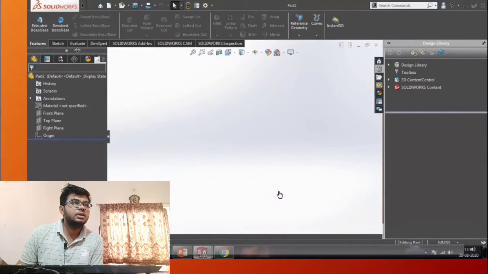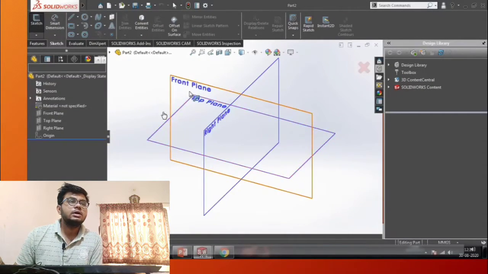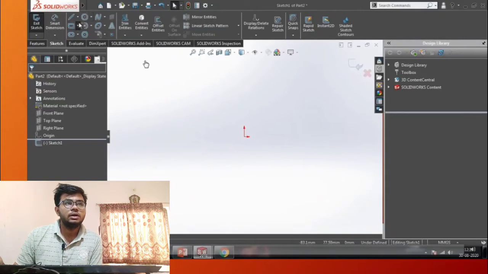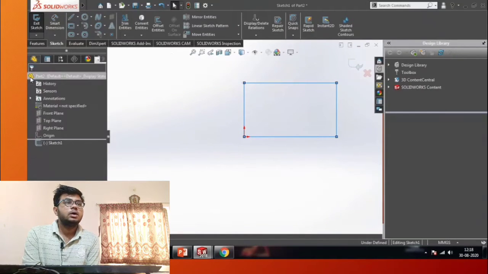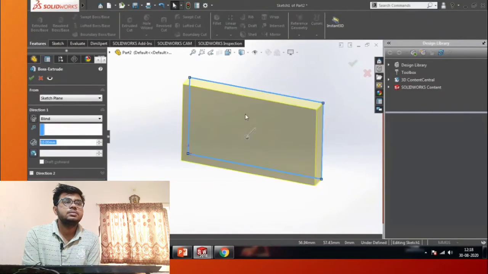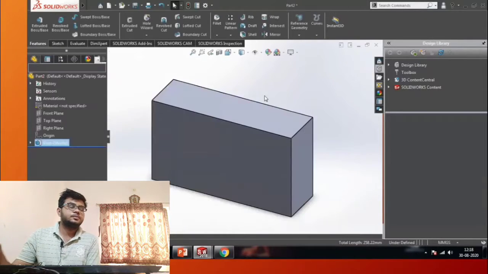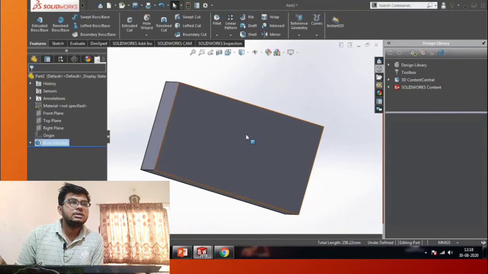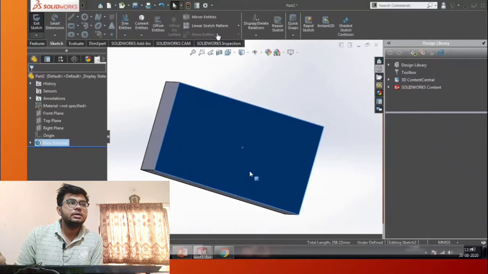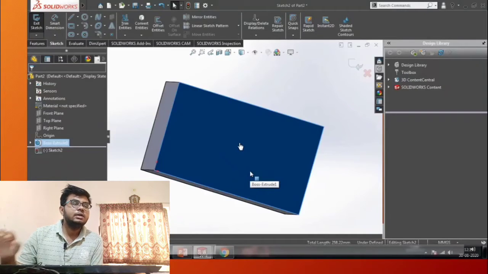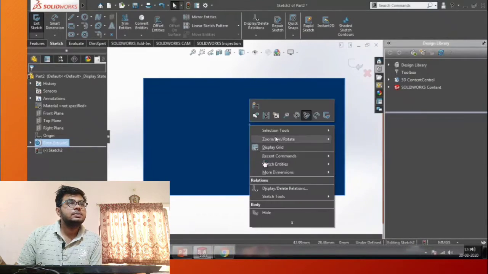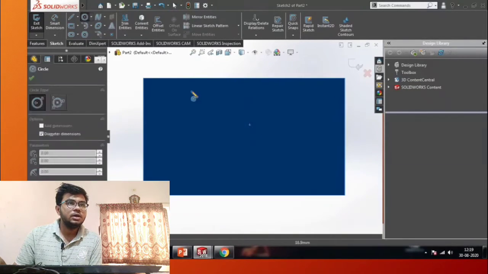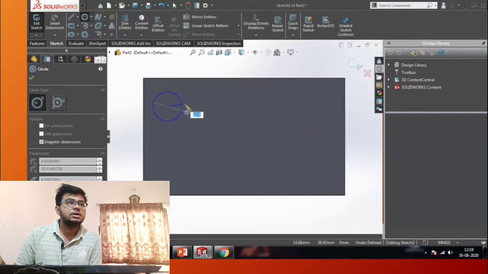I select the front plane and a corner rectangle, and extrude it to some height. Now I want circles here, so I select this face, right click and sketch.